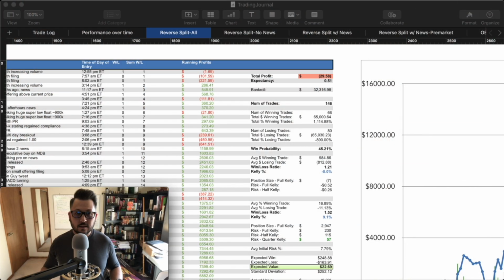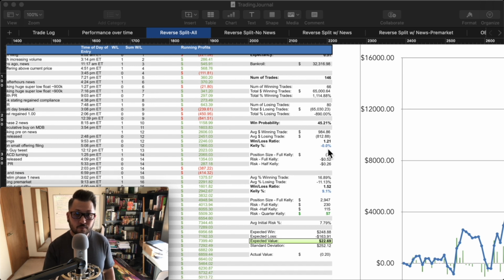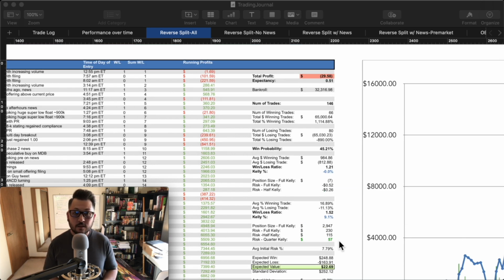Okay, so as I've said, this is all of the reverse split trades that I've taken. My total profit is minus $30. So after a year of taking these trades, I lost $30 overall. My win rate's 45%. My risk reward ratio is 1.5. My expected value is $22 per trade. All those numbers are crap, especially if after a year I've basically broken even. So that's a very clear sign that I don't have an edge based on all of the criteria that encompasses